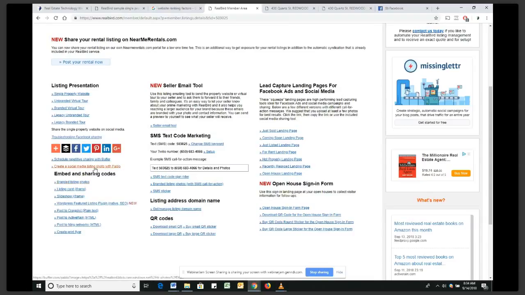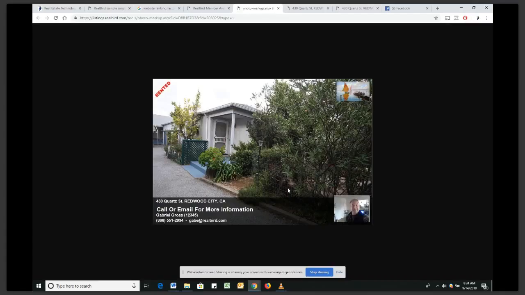This creates a social media listing photo with Pablo. This is just a photo editor, which allows you to do something like this, a branded listing photo. Now, the branded listing photo is also interesting. I don't know if you've used it, but when you upload a photo to your listing, and I'll show you where this is, we brand each photo for you. So we put here the address, we put your picture, and if you have a logo over there. Each one of your listings has this, and you can actually choose which one you use, but you can save this image onto your desktop